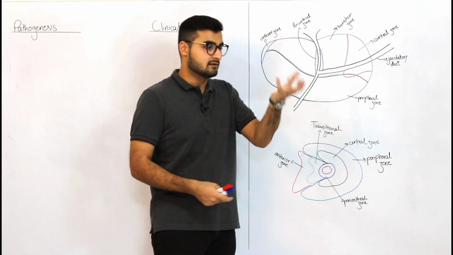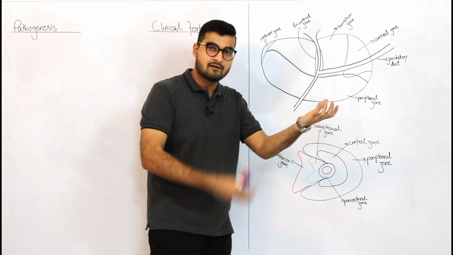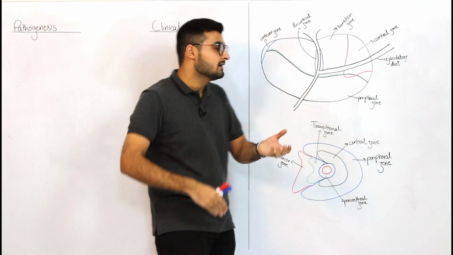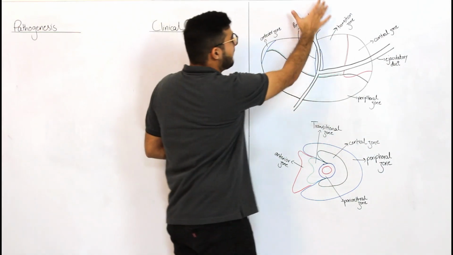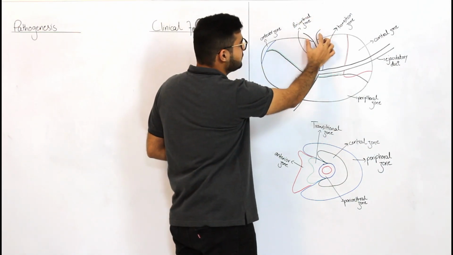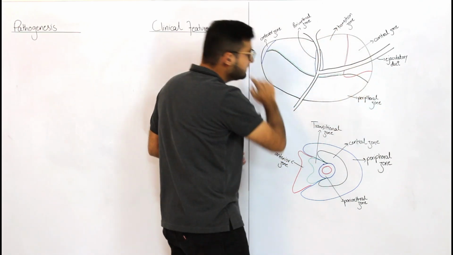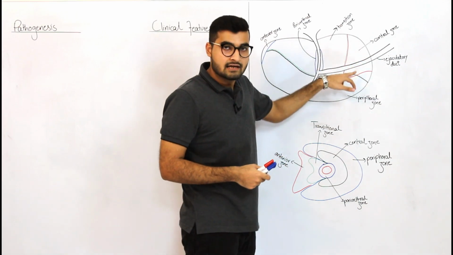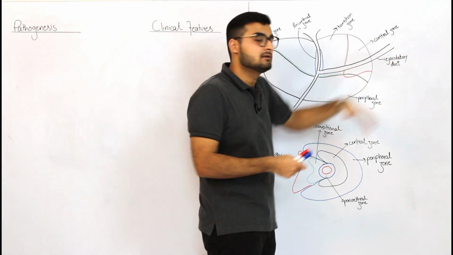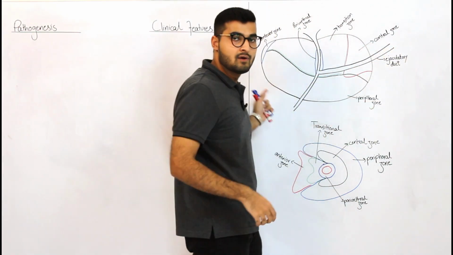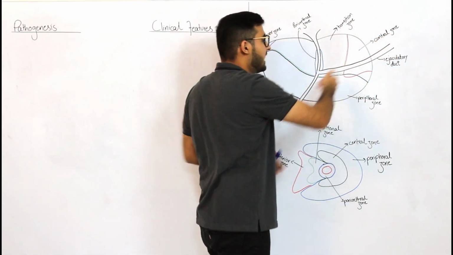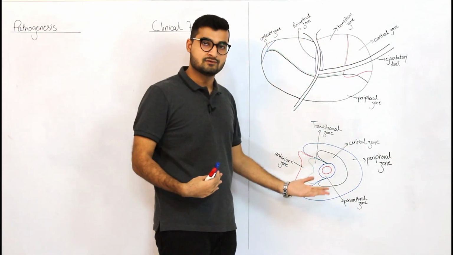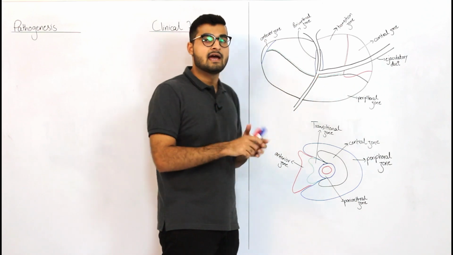Imagine this is the person's prostate, and I cut it in half like this. First we cut it in half like this. Now we're going to cut it in half like this. So this is what we're going to see. Above you'll have your bladder, and after the bladder you have your urethra coming, and this hole is your prostate, right? Now what is this? This is your ejaculatory duct that comes from your seminal vesicles that are present here. You have your vas deferens, seminal vesicles, and then your ejaculatory duct, and this is your prostate.